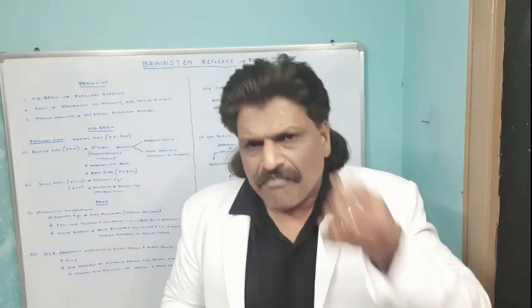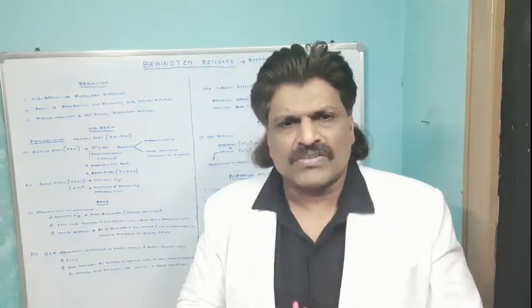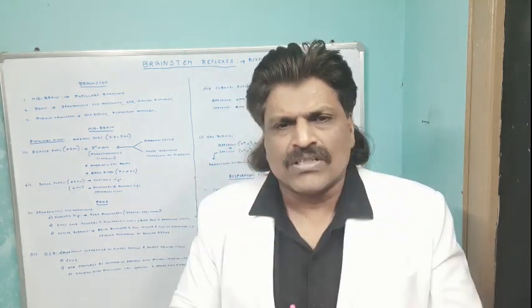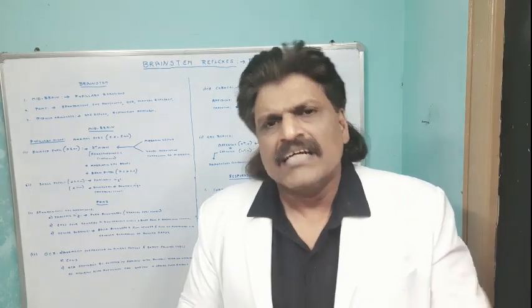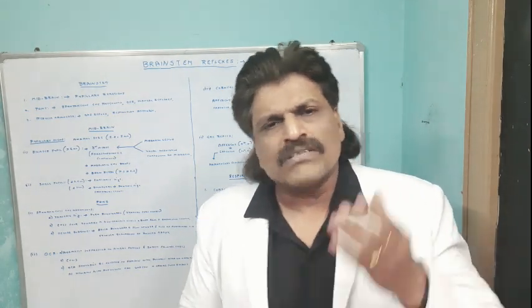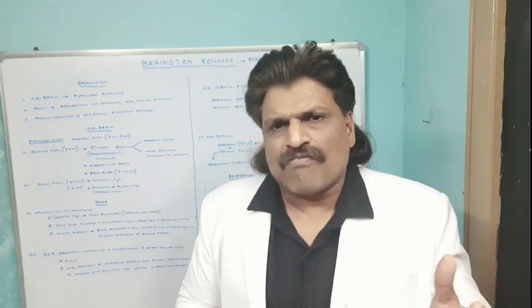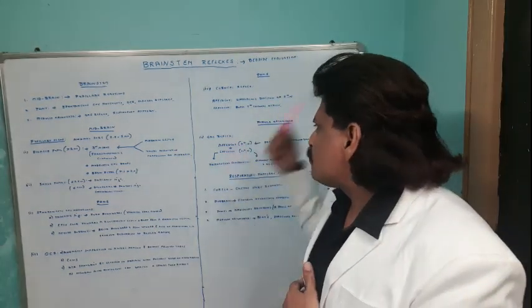The afferent is the ophthalmic division of the trigeminal nerve, the efferent is the bilateral seventh nerves. So when we touch the cornea with a wisp of cotton, both the eyelids close. If the corneal reflex is absent, that means the fifth or seventh nerve is affected, which means the pons is affected, because the 3rd and 4th nerves are in the midbrain, and 5, 6, 7, 8 are in the pons. So if 5 and 7 are affected, the pons is affected, and the corneal reflex will be absent.